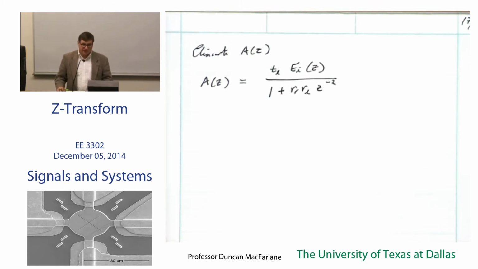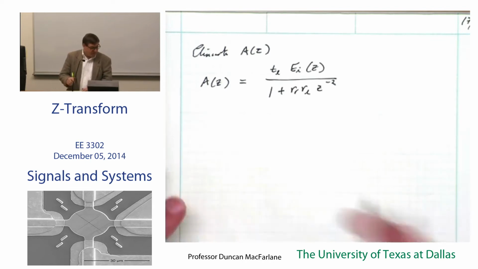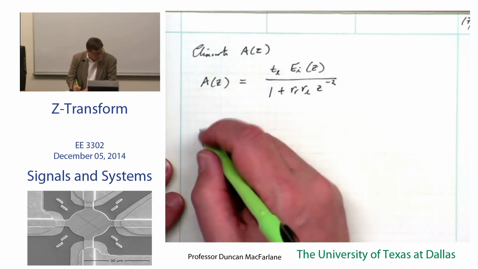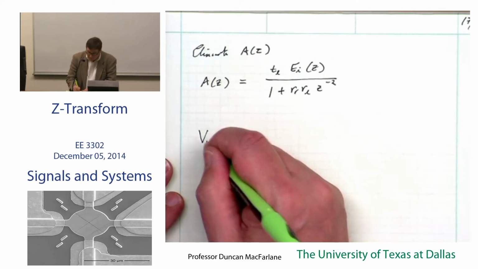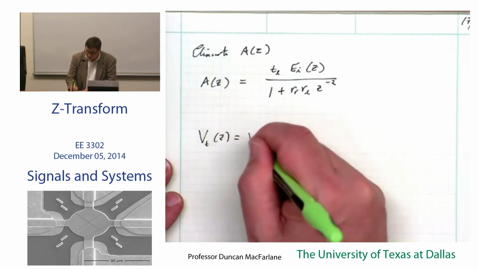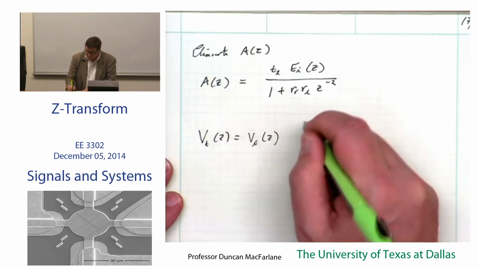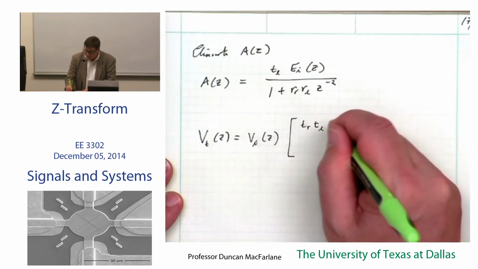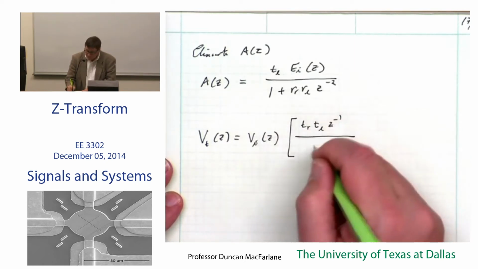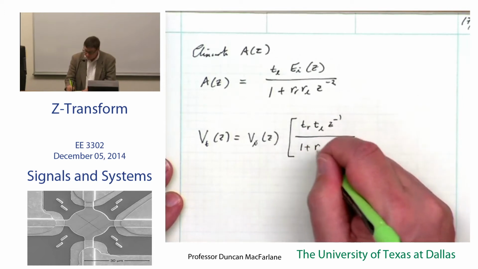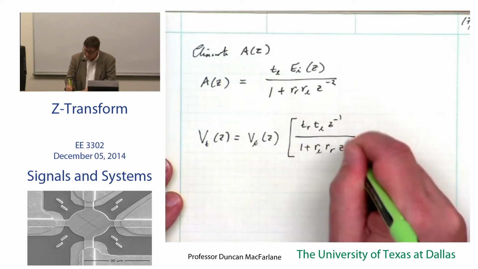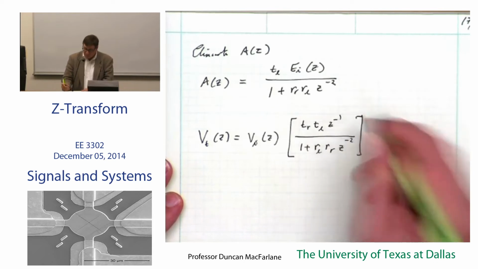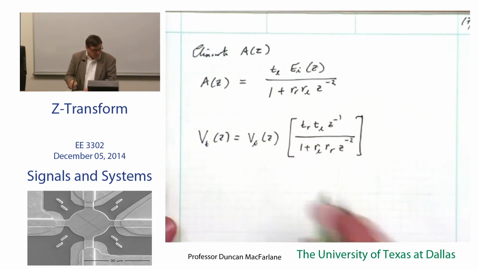So there's what A is. So now if I substitute into the other two equations, I get V transmitted of Z is equal to V input of Z times TR, TL, Z to the minus 1 over 1 plus RL, RR, Z to the minus 2. And I have the reflected